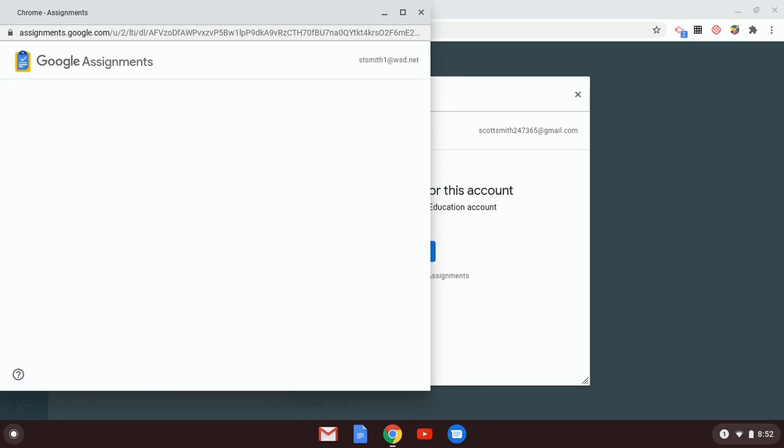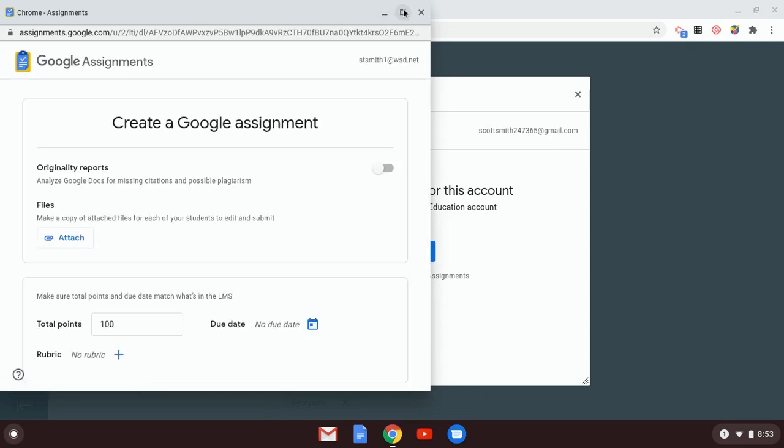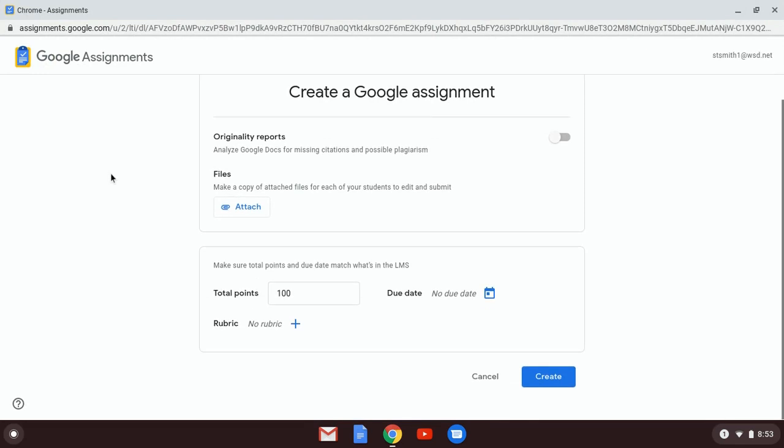It's going to take you to this box. And this is where we're actually going to use the assignment settings like we do in Canvas. So in Google Classroom, you were able to attach or find from your drive whatever thing you wanted to assign to your students. Well, here you just click on Attach,